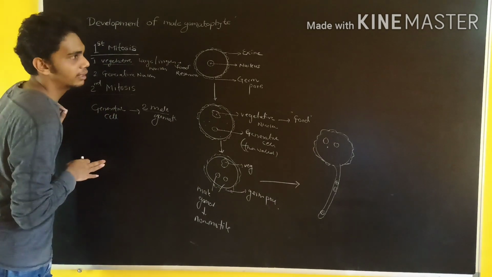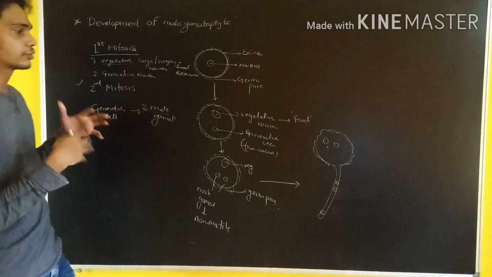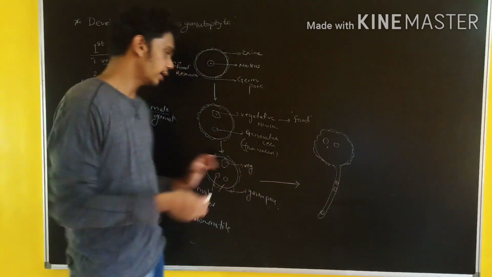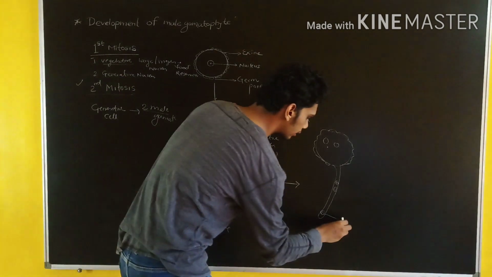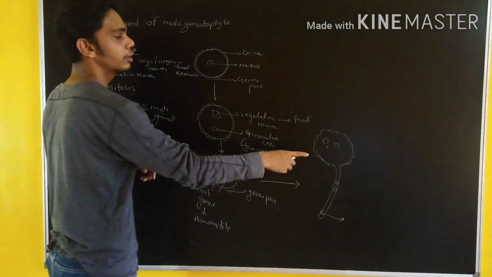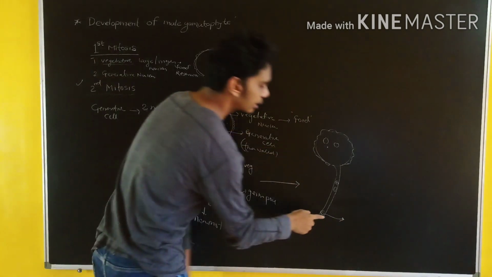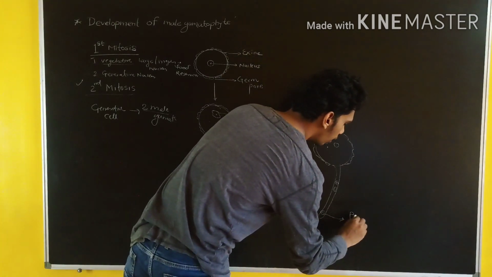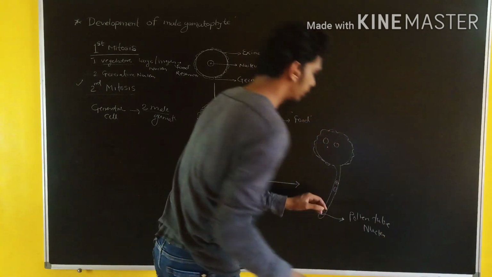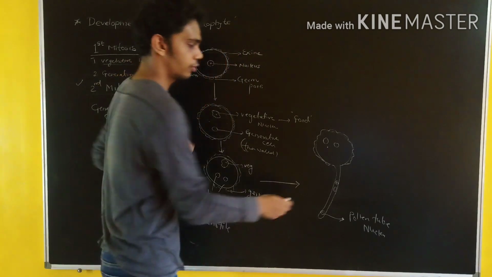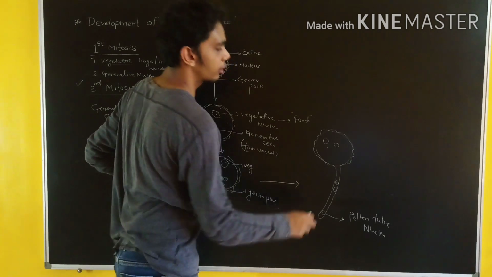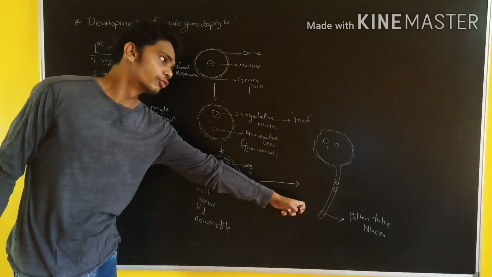So what does the pollen grain do here? The pollen grain acts in the transfer of the male gametophyte, and the pollen tube is directed by the vegetative nucleus. This nucleus is called the vegetative nucleus, but when it directs the pollen tube emerging from the germ pore, then this nucleus is called the pollen tube nucleus, which helps in finding the direction to get into the female gametophyte, for the fertilization of the ovule to take place.